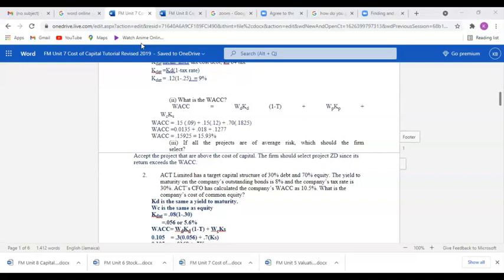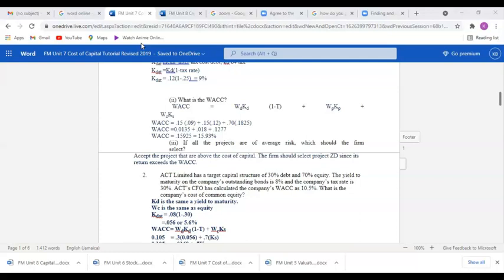plus the weight or proportion of preferred equity times the cost of preferred equity, plus the weight or relative amount of common equity times the cost of common stock. And that equals